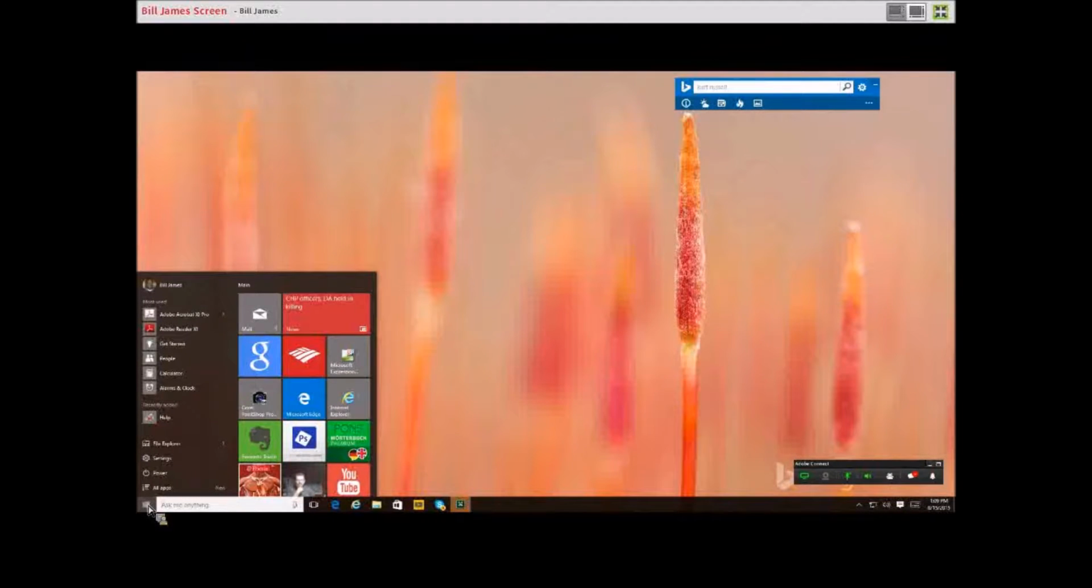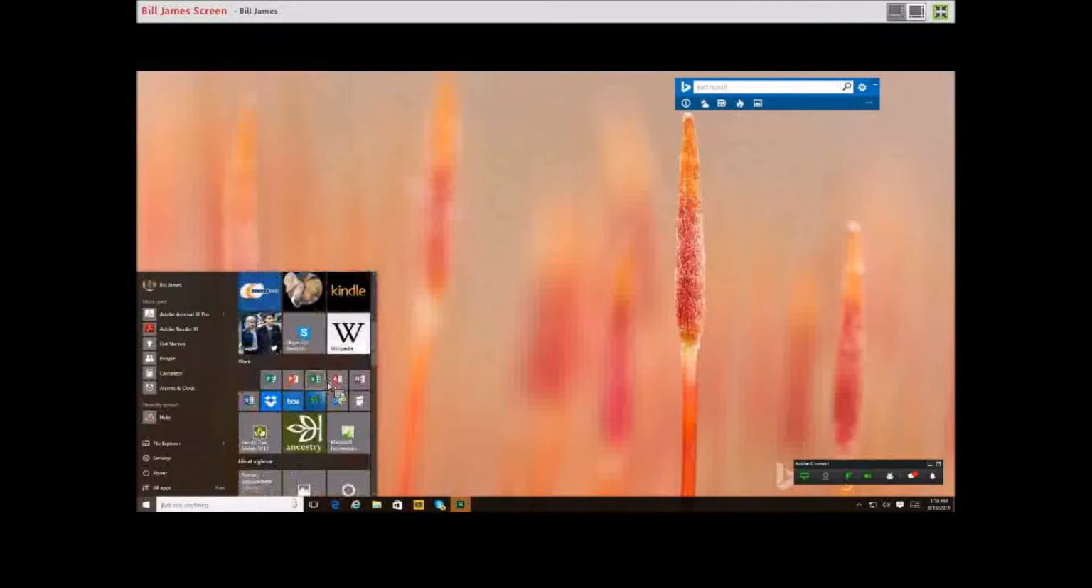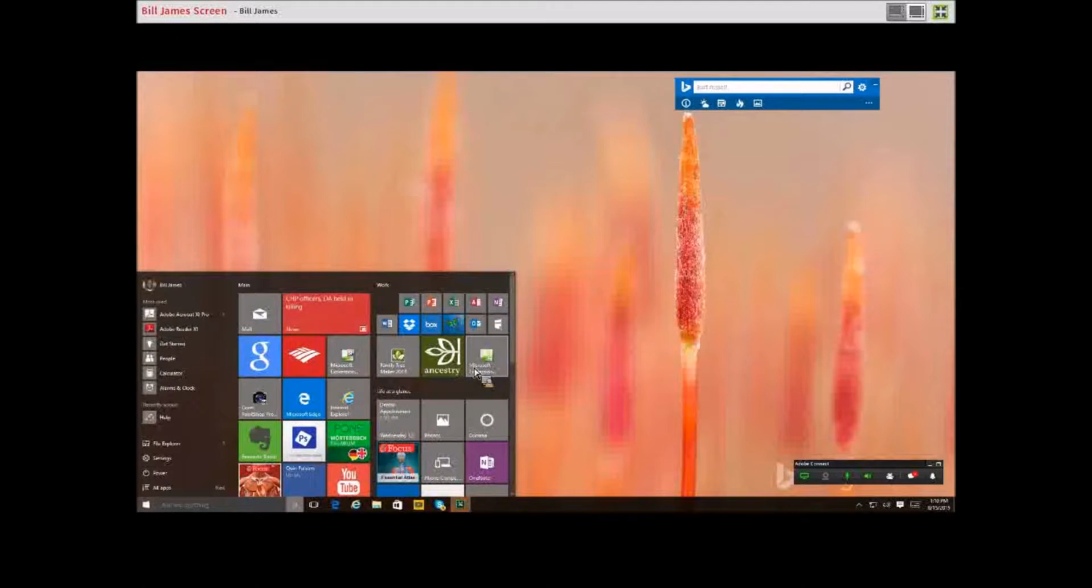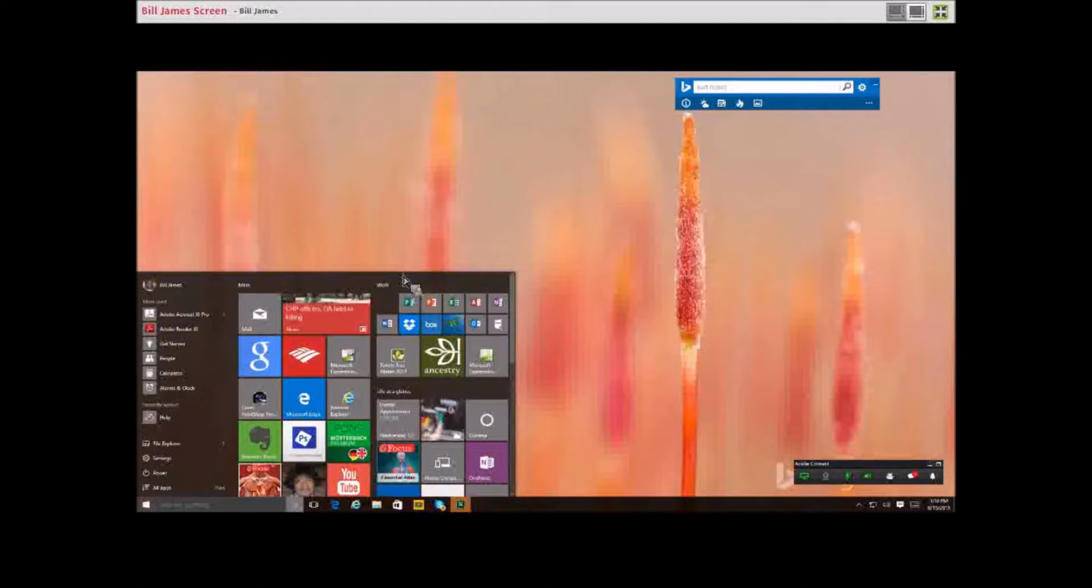Microsoft has smartly incorporated both actually into the start menu. As you can see, the familiar tiles that were prominent in Windows 8 are now appended to the side of a more traditional looking start menu. But the surprising thing about this particular start menu is that it is adjustable. You can adjust it to any size that you like, make it as large as you like,